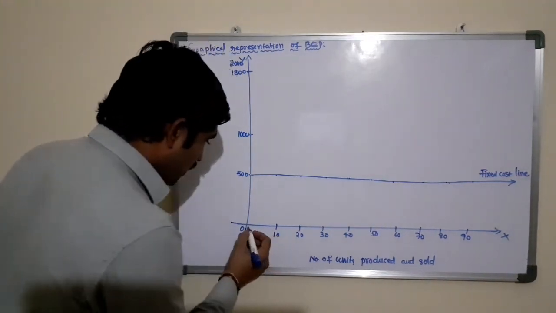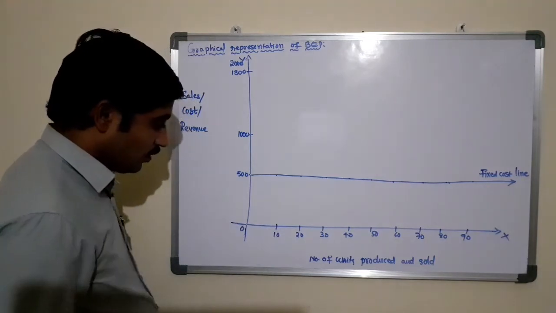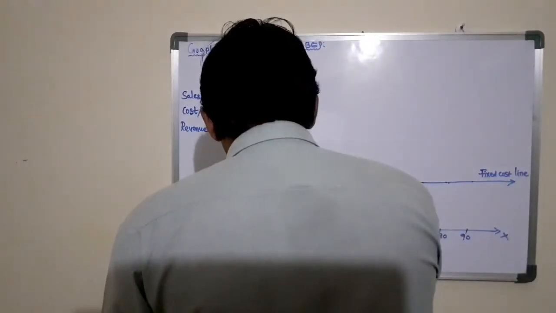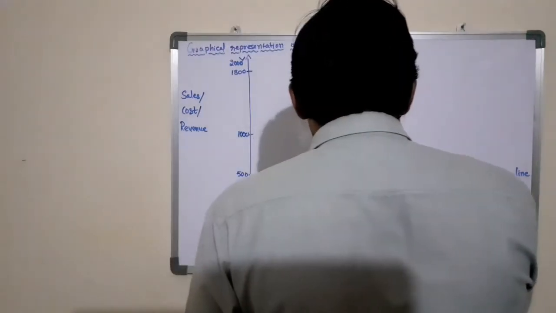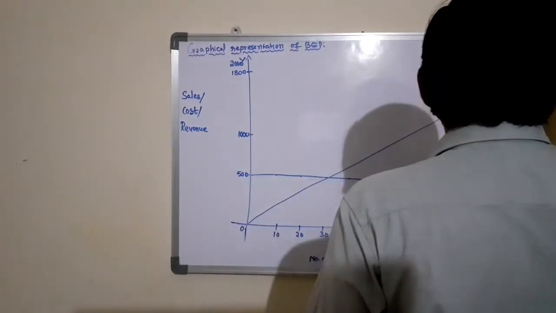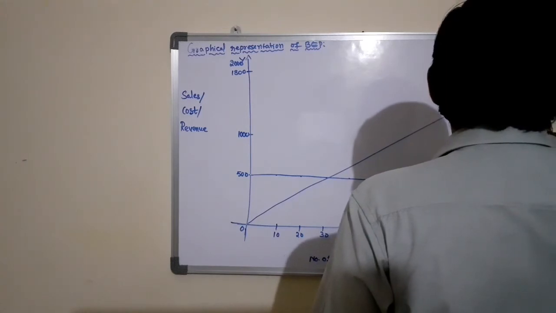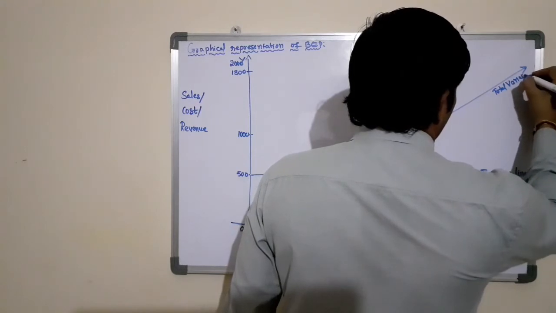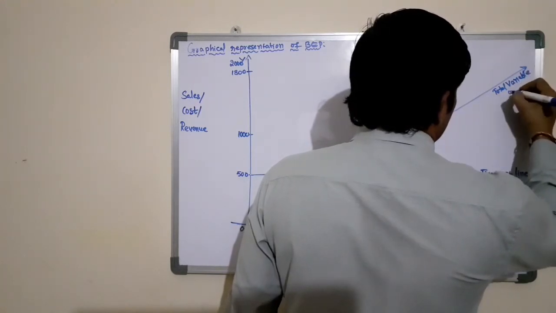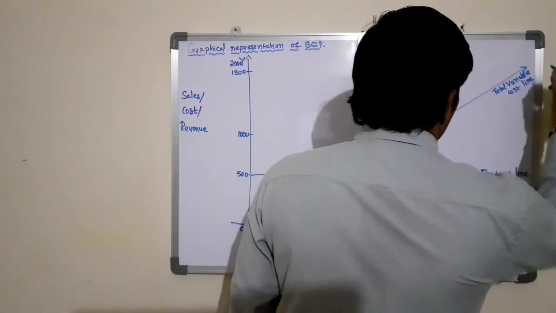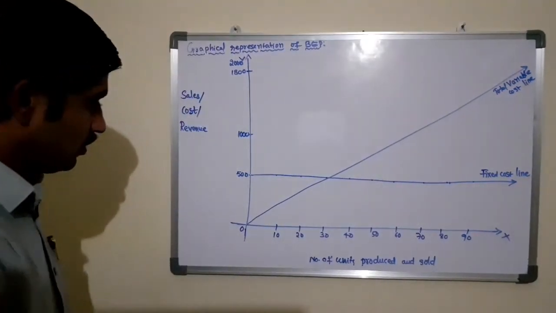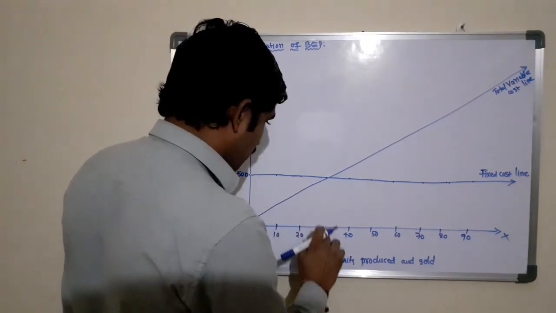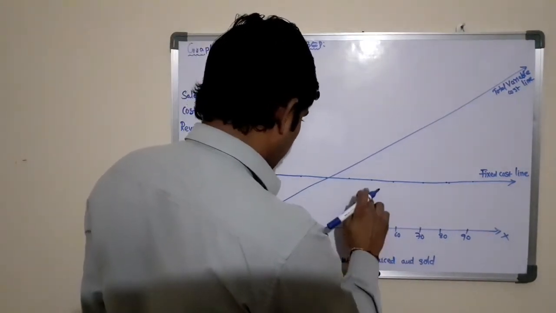The variable cost line starts at 0 and flows from left to right upward. This is called total variable cost line. 0 at 10, 100, 20, 200, 30, 300, 40, 400, 50,